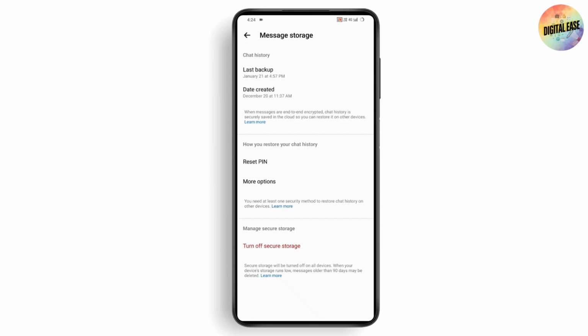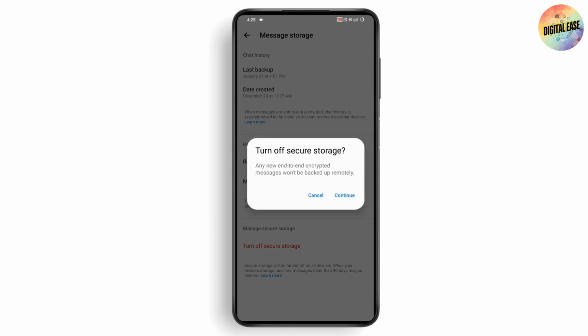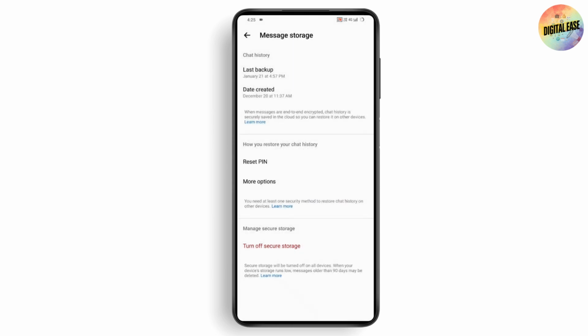But if you don't remember your PIN, then what you can do is just simply tap on secure storage and turn it off. Tap on turn off and then turn off your secure storage. Once you turn off your secure storage, then it will remove the missing chat history option on your Facebook